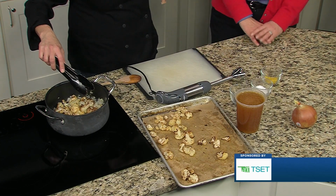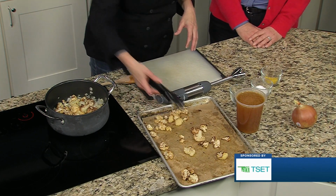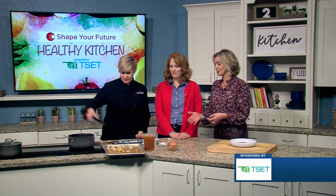It's going to get stock put on it and a lot of lemon zest, a little salt and pepper. Really very, very basic soup, and then it's going to get pureed in a few minutes. Another one pot wonder. That's right. Because you can do it all in one pot, and I love the fact that you're using the roasting technique